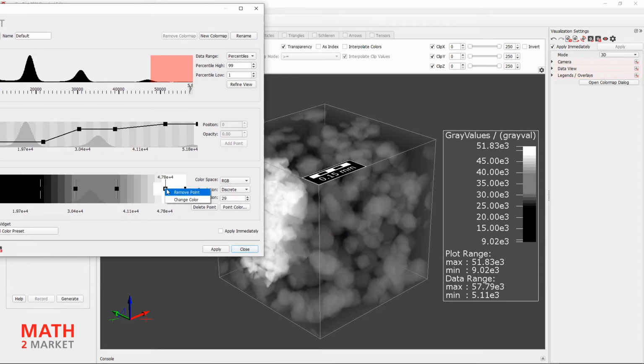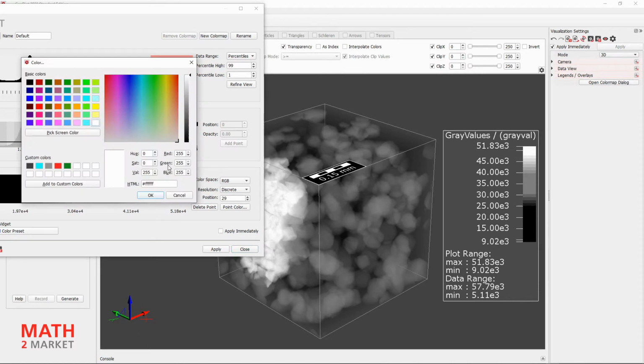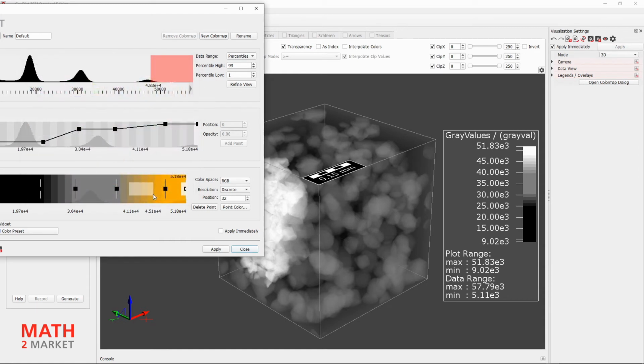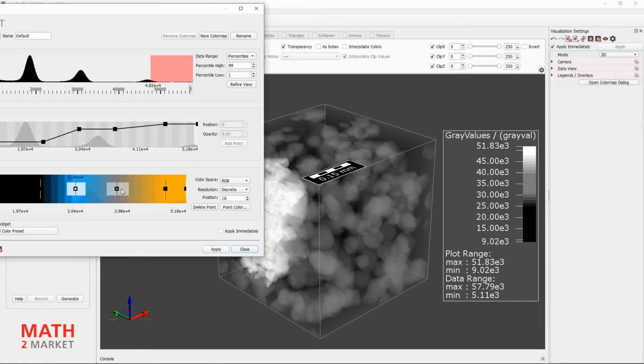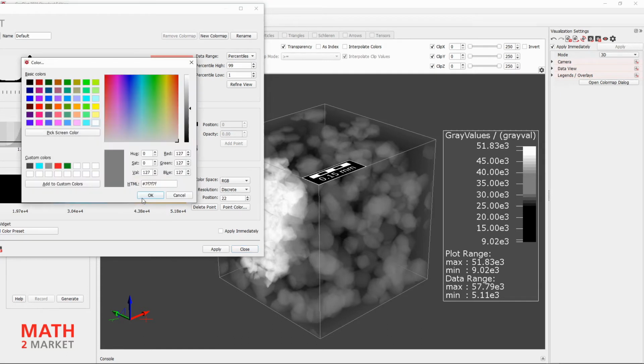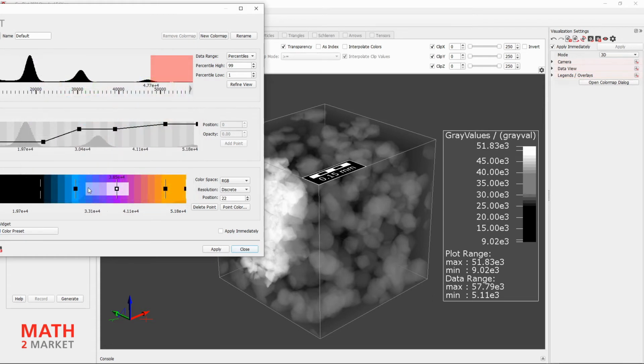Here you can now experiment a little or follow me in the choice of colors. For the grains in white, we choose a strong but light orange for both points, here and for this point also. For the medium gray grains, we choose a medium light blue for point 3, here this one. And for point 4, we choose a strong purple, here this purple, and OK. This creates a light, pleasant shade.